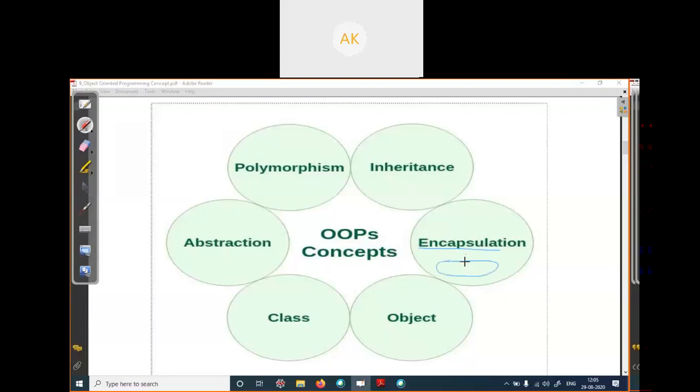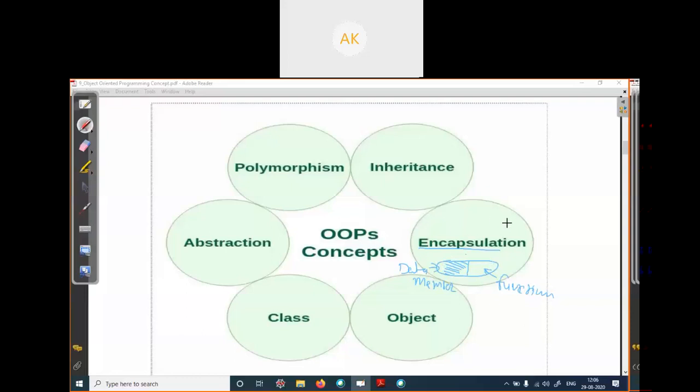In a capsule, on one side there is one medicine, and on the other side there is a different medicine. So on one side there are the data members of the object or class, and on the other side are the functions or methods of that class. So encapsulating data and functions into a single unit is called encapsulation.